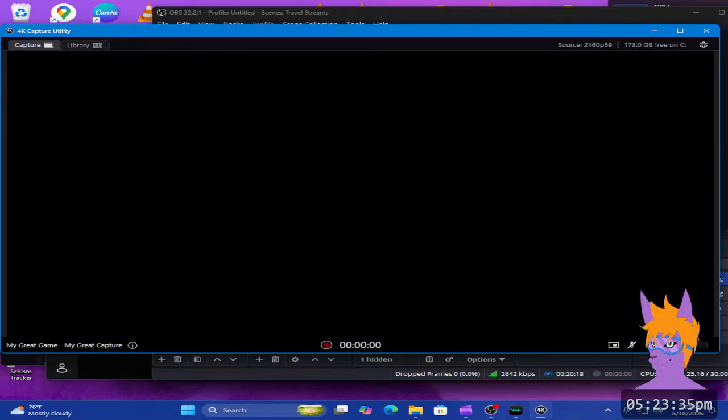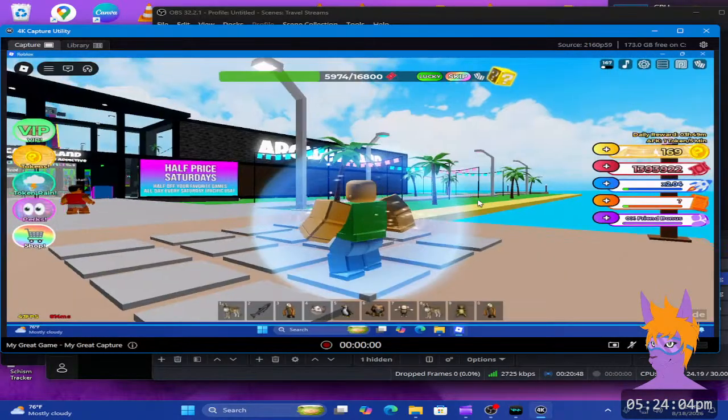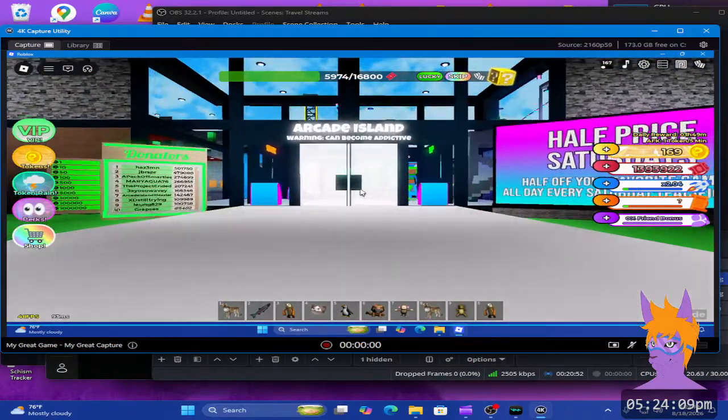Alright, let me get this back in here so we can continue. I don't know if I'm going to have to reconnect the game or the game will reconnect on its own. Yeah, I'm going to have to reconnect it manually, so let me reconnect it. Now I've got to wait for the wireless connection to come back. Okay, so once the game reloads here, I'll give it a second. And then we should be all set. Okay, there we are. Now, where was I? I was saying about